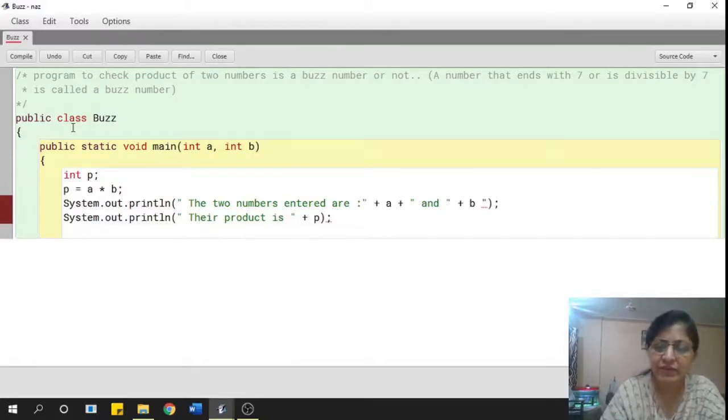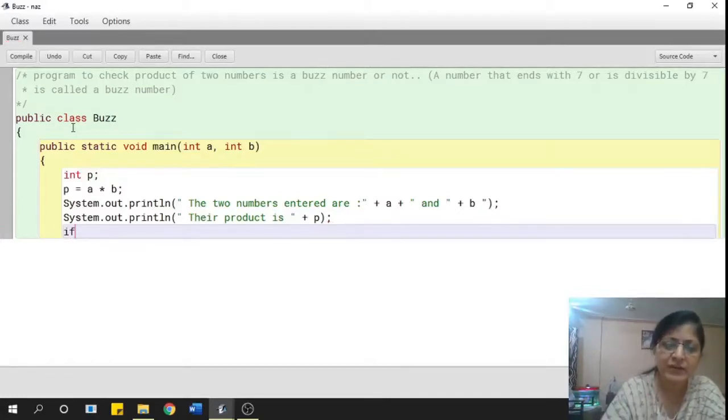Now we have to print whether P is a buzz number or not. So before printing I have to check, obviously. I'm going to give the condition here, if P modulus, sorry, modulus 10, so I'm checking whether the last digit is a 7.